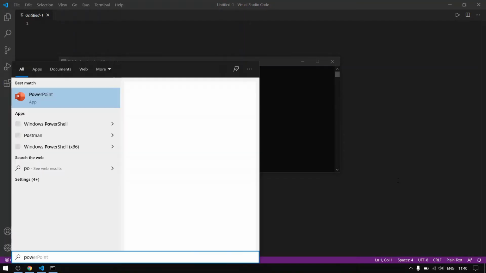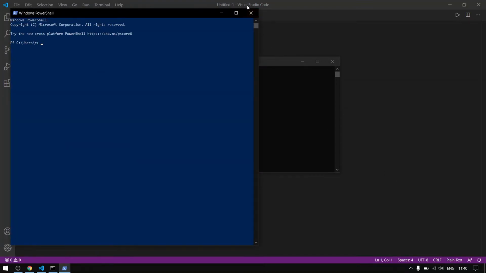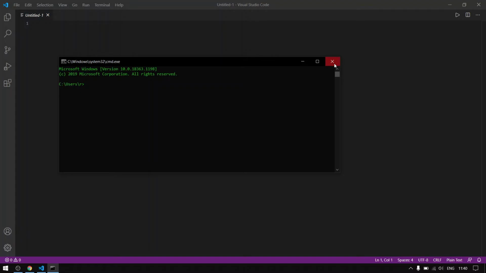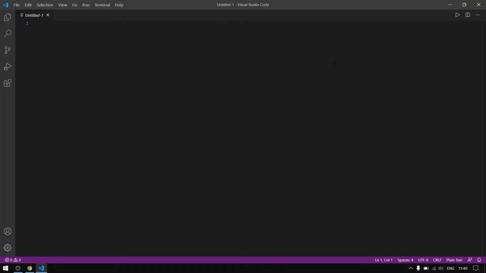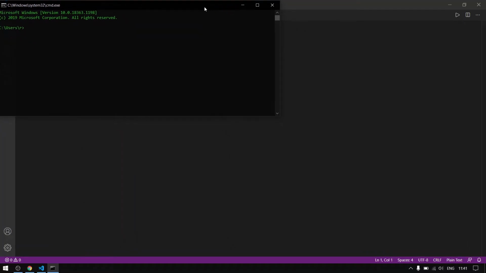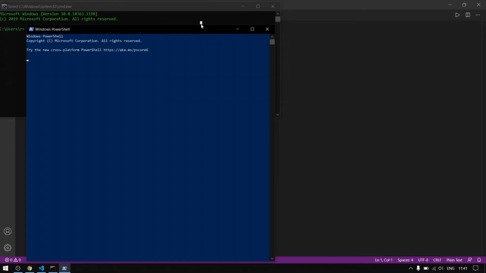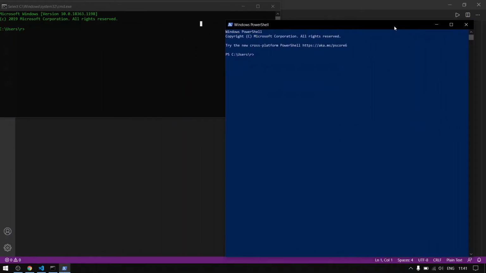Or you can also use PowerShell because it is again the best shell for Windows, and it is very close to the terminal that we get on Linux. Let me show you why I prefer to use command prompt, because command prompt will handle everything that you want to do in React.js. But we use PowerShell because of some new features that we get in it.